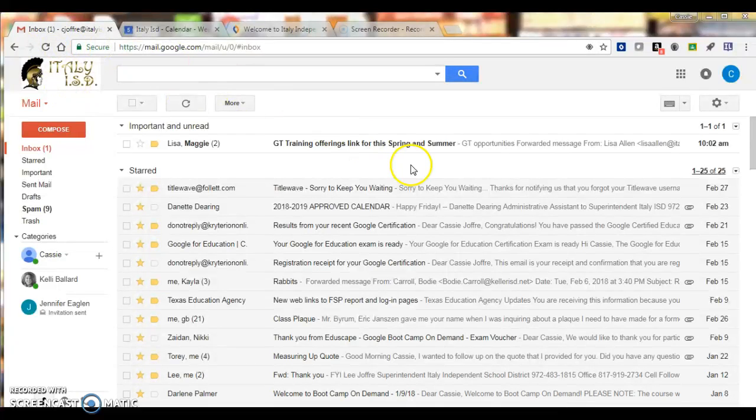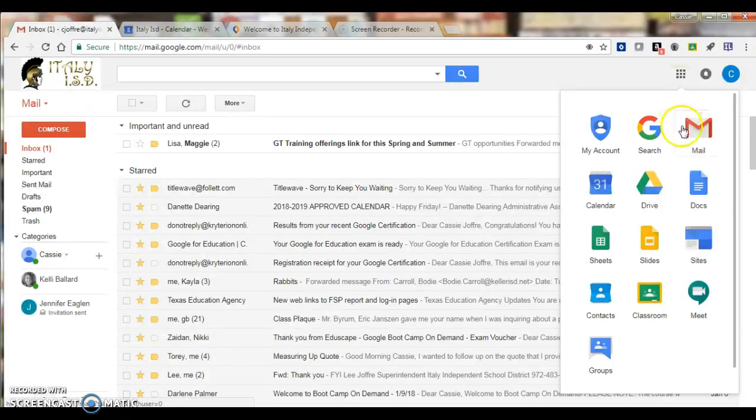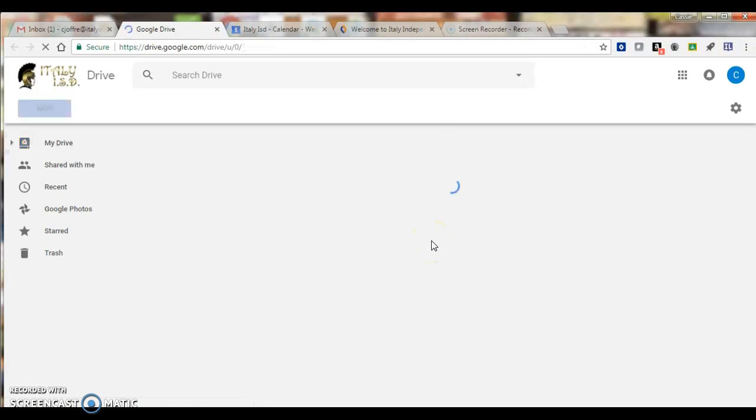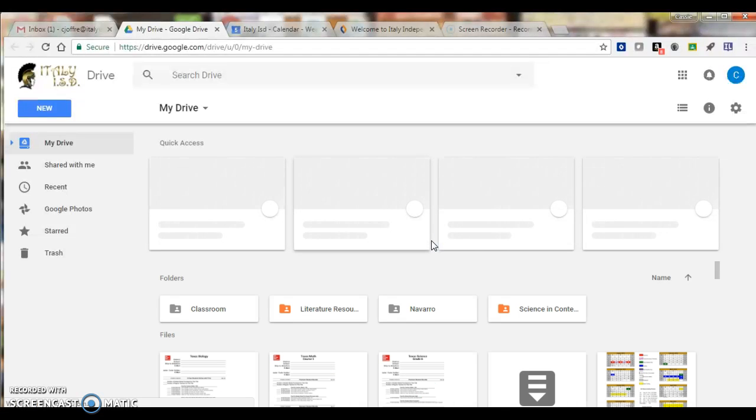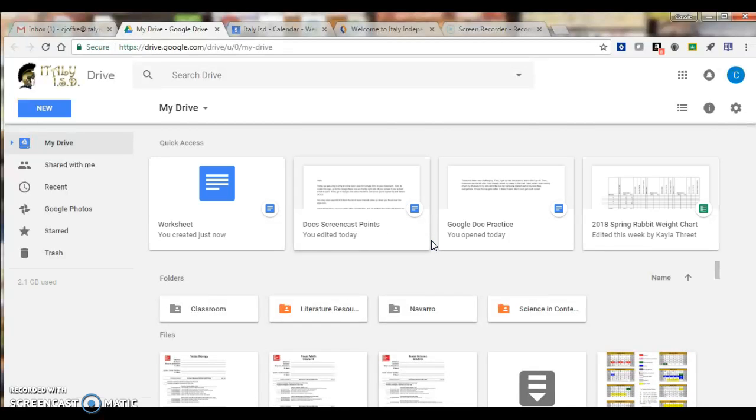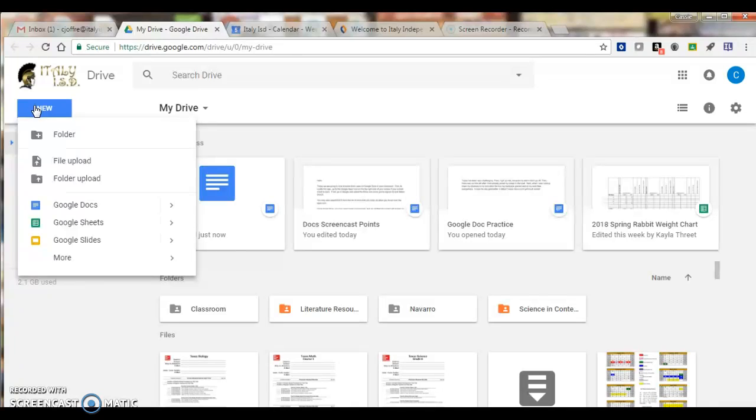If you are in your school email, you'll go over to the right side where your Google Apps are listed, and you'll click on that icon and you'll click on Google Drive. You can see that you also have the option to go to Docs, but Drive is kind of where everything is organized and arranged all the way through Google, so it's an easy way to find all of your information in the same place. Once inside Drive, you will go to the top left and select New, Google Doc here,